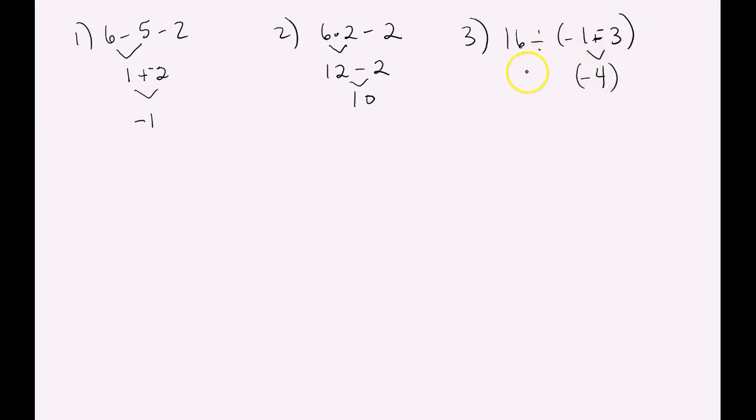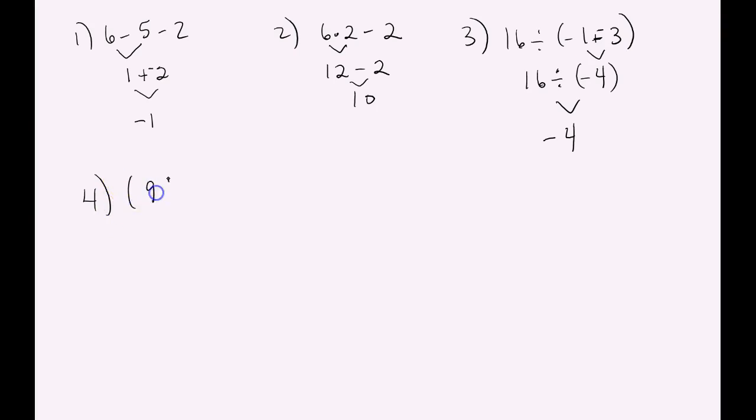In front of that is a 16 divided by. Notice I kept that in parentheses, I think just so it was easier for me to look at, because now it's 16 divided by negative 4. Well, what is 16 divided by 4? 16 divided by 4 is 4, but remember, if you're multiplying or dividing and one of them's positive and one of them's negative, the answer is going to be negative. Number 4,